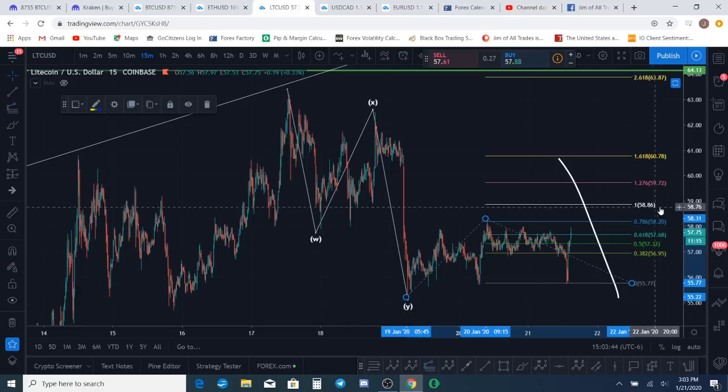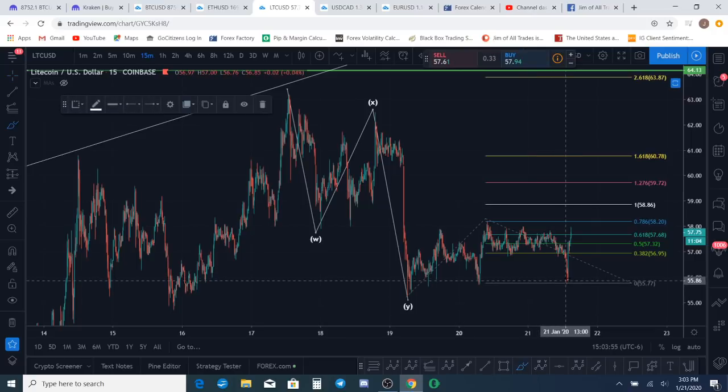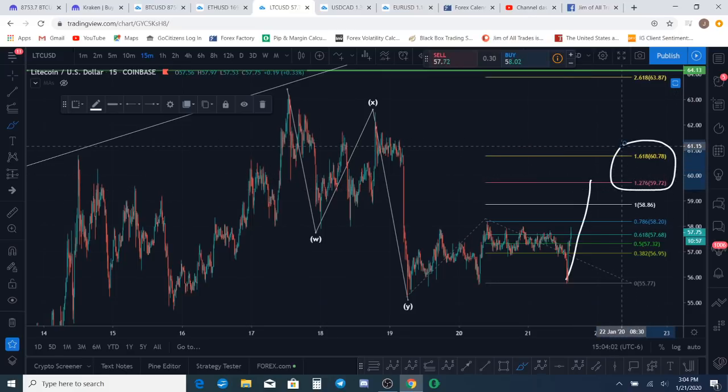We'll be looking at 59 to 59.72 to 61. So that would be the upside target that I would be looking for if indeed this is a flat and I have counted this correctly. Upside target could be at the 127 to the 1.618 there. Those would be the targets I'd be watching. Right now we haven't even hit the one-to-one extension yet, so that would be the other target as well, which is looking like 58.86 is the one-to-one extension.